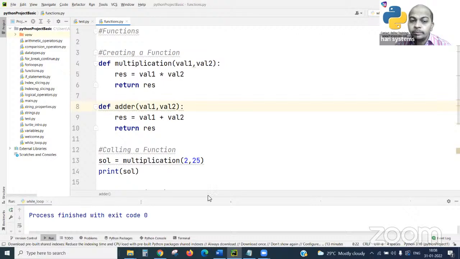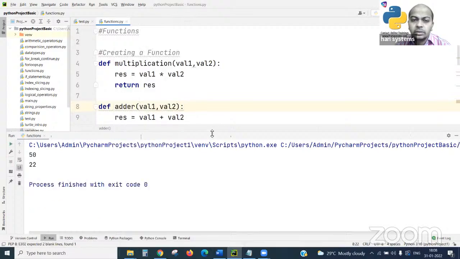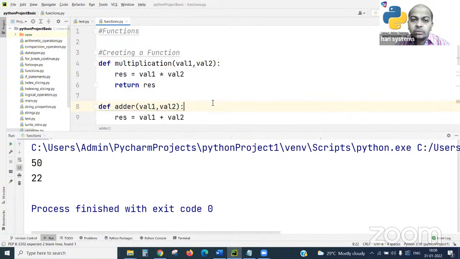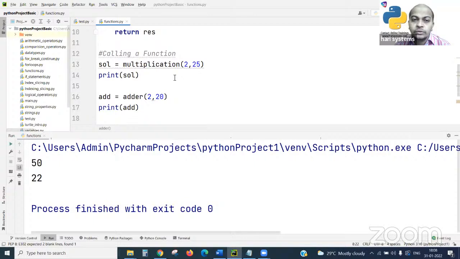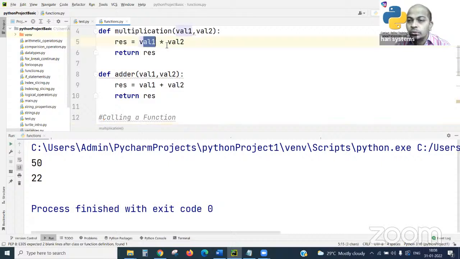Let's run this program. See, now the two values for the first multiplication function: 2 and 25. The first value is 2, the second value is 25, and the result is stored here.